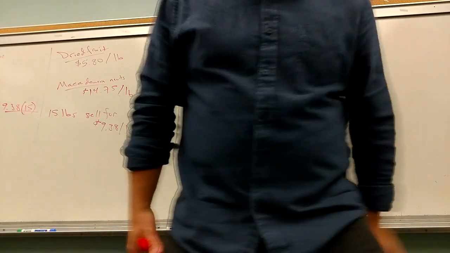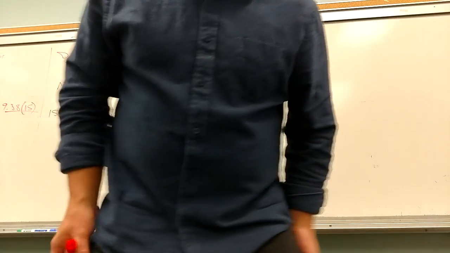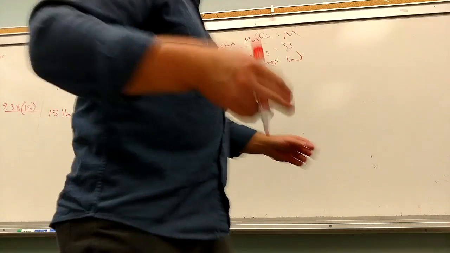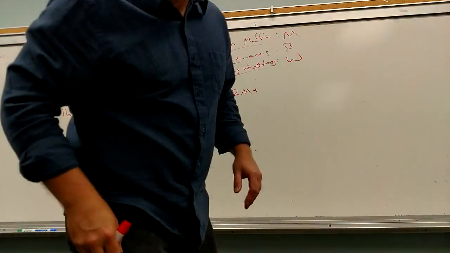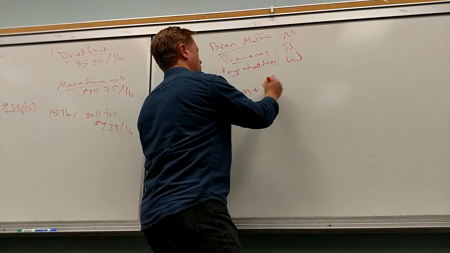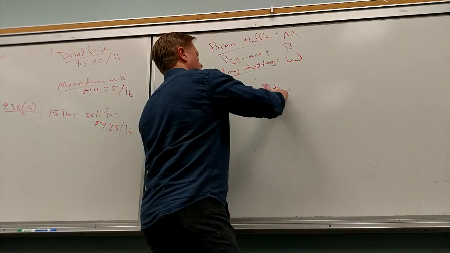No. We don't want 4 variables. So 2 bran muffins, 1 banana, I think. Yeah, 1 banana. And